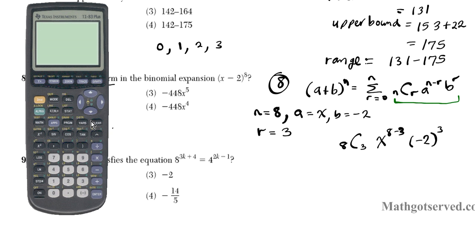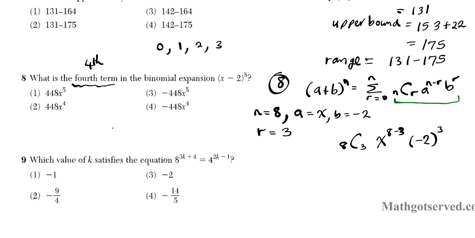Let's see. You can go to catalog in your calculator, then go to N, and you'll see nCr right here. That's the function for calculating combinations. Oh snap, sorry. You enter the first number first, 8, then go to catalog, then N, nCr, and then the second number, 3, and then enter: 56. That's the number of ways you can choose 3 elements from 8 when order is not important. So you're going to have 56